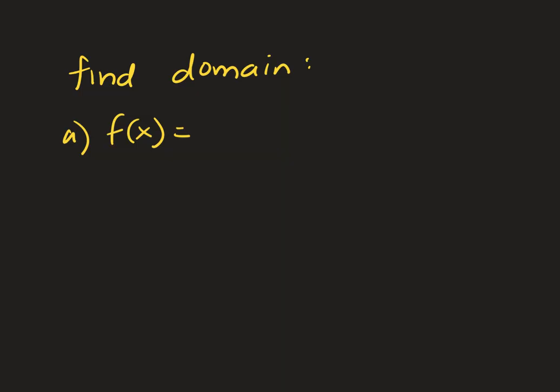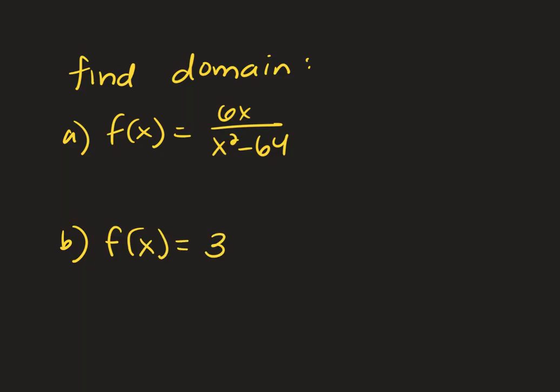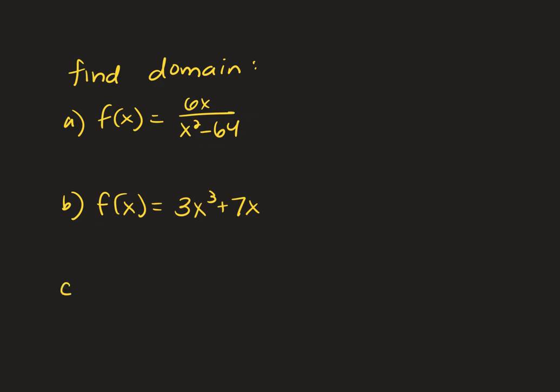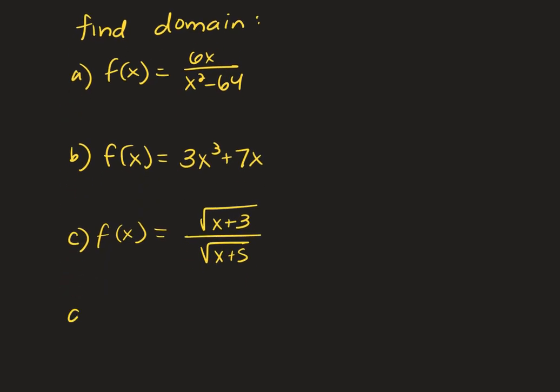So find the domain of the following, and we're going to write the answer in interval notation. Let me put it in function notation. A, f of x equals 6x over x squared minus 64. B, f of x equals 3x to the third plus 7x. C, f of x equals the square root of x plus 3 over the square root of x plus 5. And D,